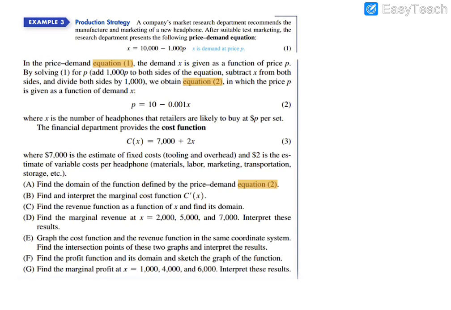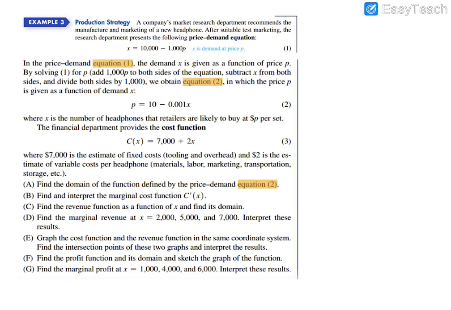Now we discuss how price, demand, revenue, cost, and profit are tied together in typical applications. Although either price or demand can be used as an independent variable in a price-demand equation, it is common to use demand as the independent variable when marginal revenue, cost, and profit are also involved.